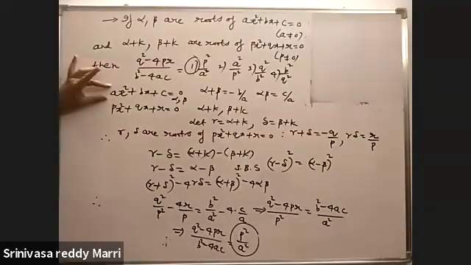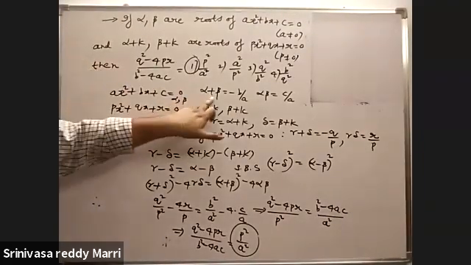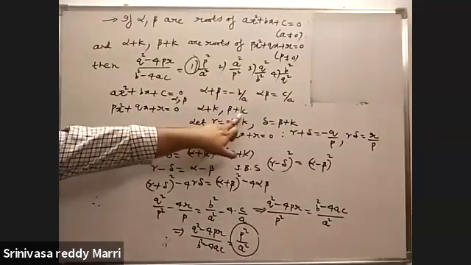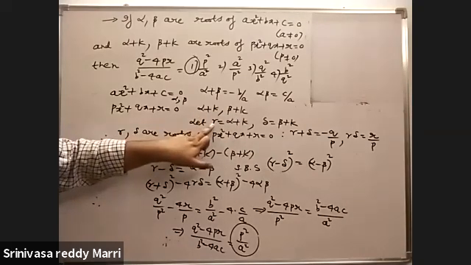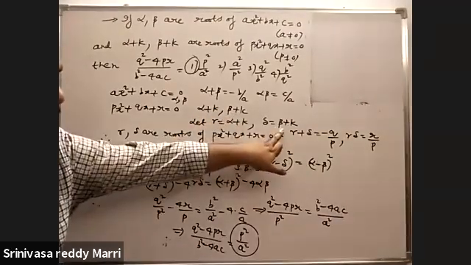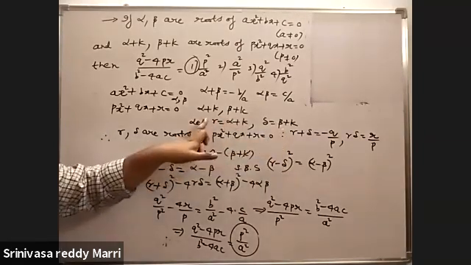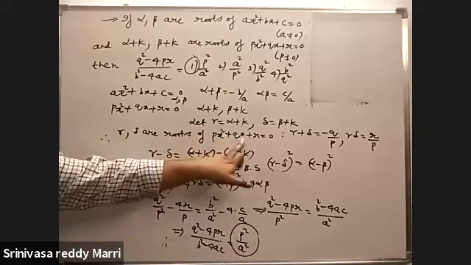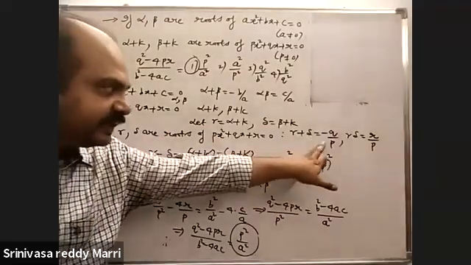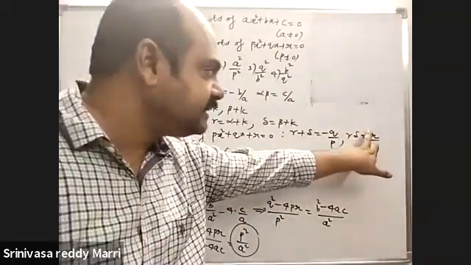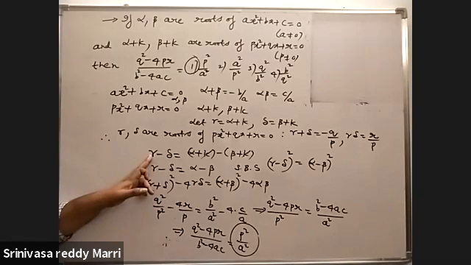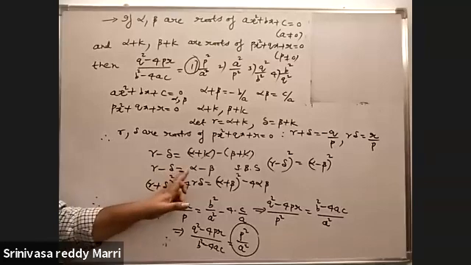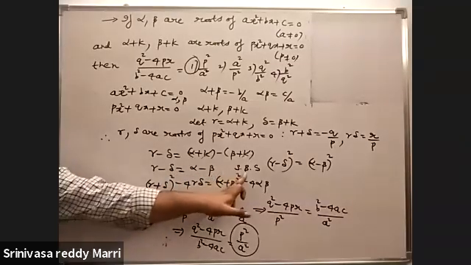I will explain once again. For this equation the roots are alpha, beta, and the relations are there. For this one the roots are given as alpha plus k, beta plus k. For convenience I have taken this as gamma, this as delta. As these are the roots, gamma and delta are roots of this equation. Now I have written the relations: gamma plus delta is this one, gamma into delta is this one. Now I have taken gamma minus delta because k will get cancelled. So gamma minus delta is alpha minus beta. So squaring on both sides.